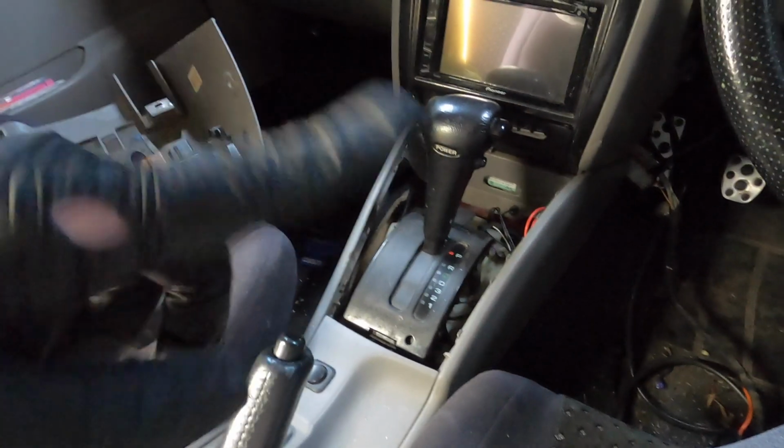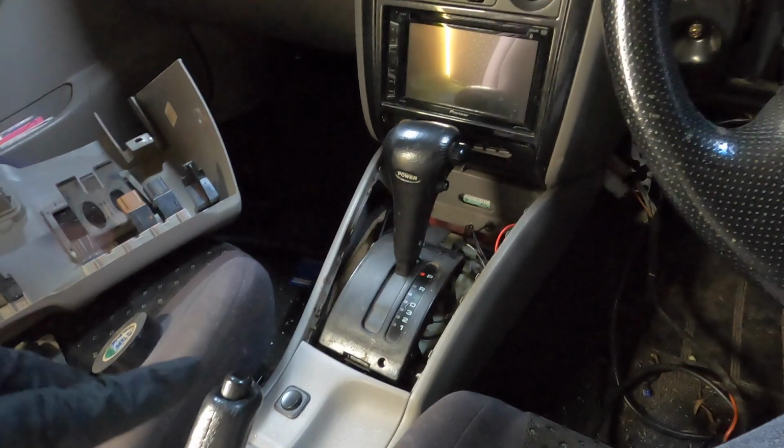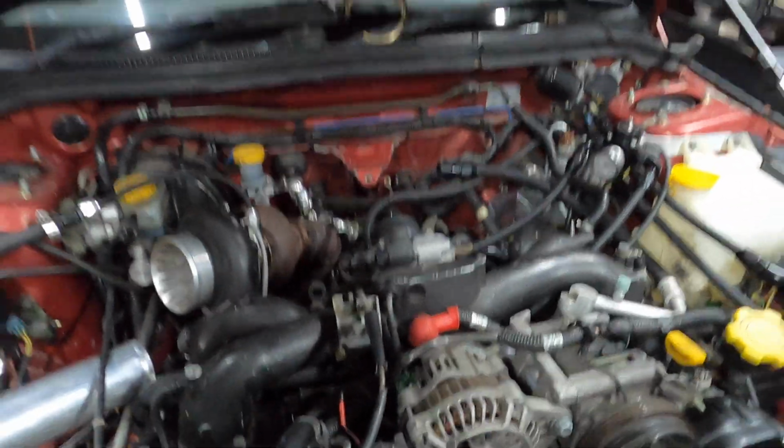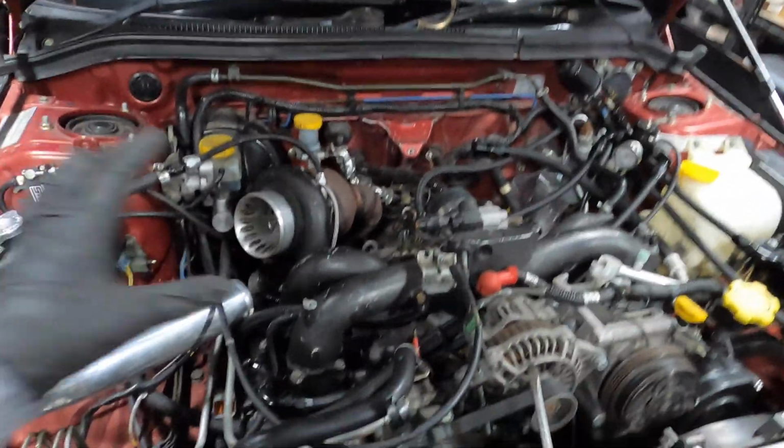Alright, while I'm removing this, I'm going to jack the car up and drain the fluids from the auto. Alright, just thinking while I jack the car up, if I should get the engine out. Yeah, it's going to be easier, but what I think I'll do, I'll show you guys that you can do it with the engine in. And if I need to change anything,